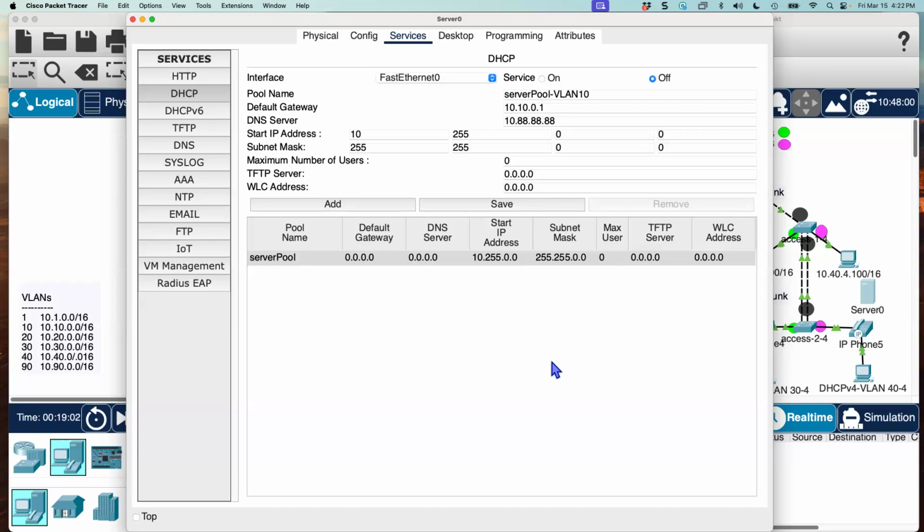Maybe we'll add one in a later lab here. Okay, starting IP address. Let's go 10. You notice it leaves off from the last pool. That's going to make it easier to add these next ones. I'll show you. So starting address, we're going to make it